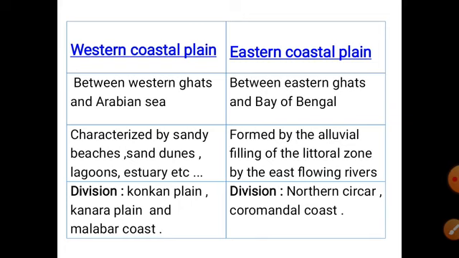Here, littoral means region situated on the shore of the sea or a lake. Then, the western coastal plain is divided into Konkan plain, Kanara plain and Malabar coast. The eastern coastal plain is divided into Northern Circars and Coromandel coast.